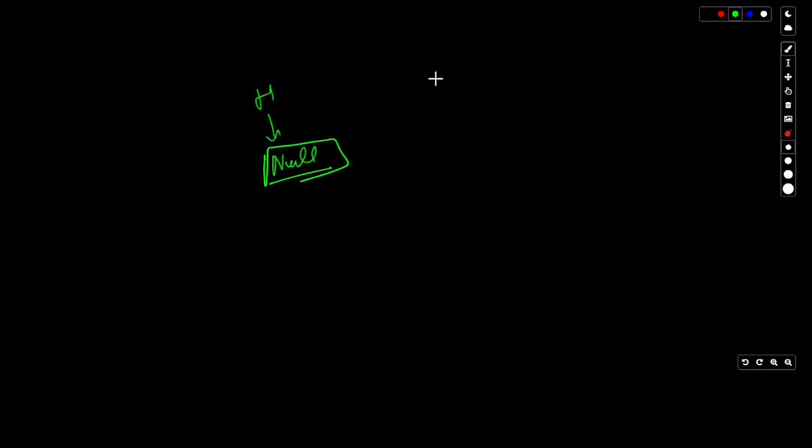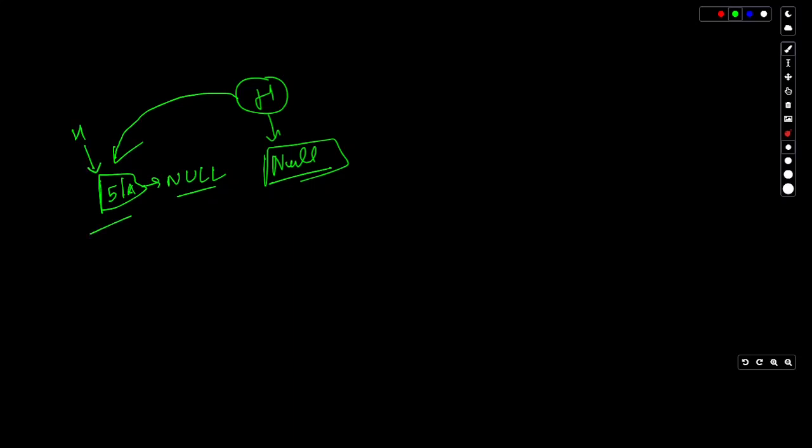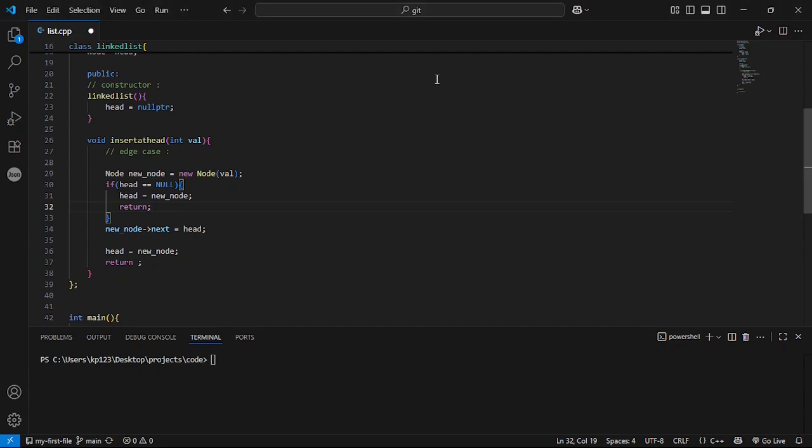Then what we are doing is creating a node in which we initialize the value as, let's say, 5, and the address of this linked list, because when a node is created, its next is always null. We just have to take the head pointer and place it here, and that's it. This will be the first node of the linked list.